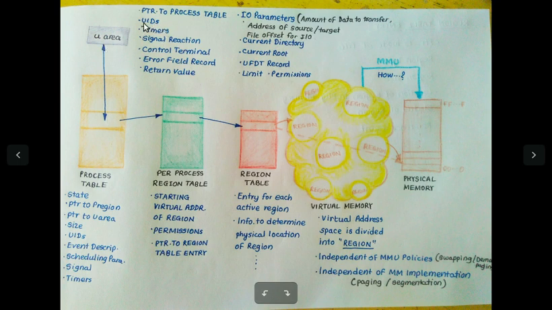Okay, there are UIDs associated with the u area. So for whichever process the u area is associated with, it tells who is the user who created that process. And there are two types of UIDs, effective UID and real UID. All will be maintained in the u area itself.